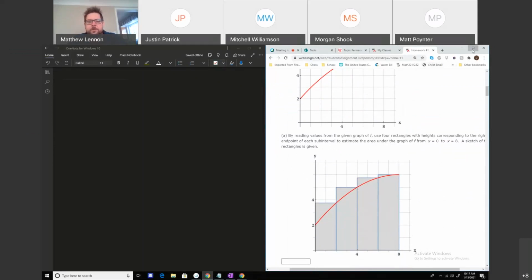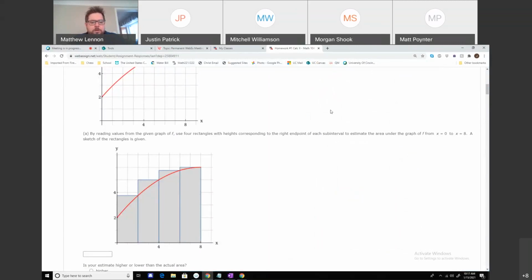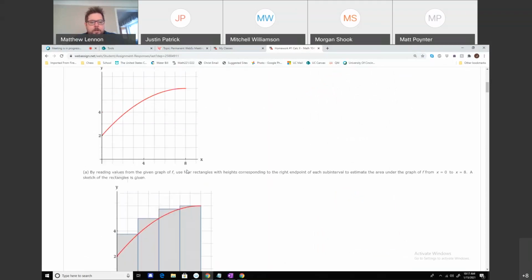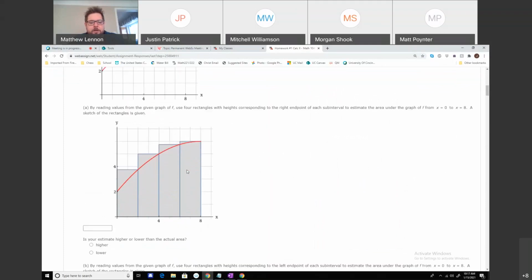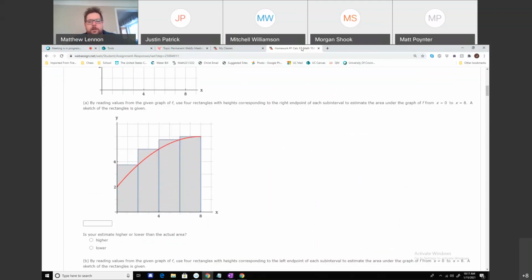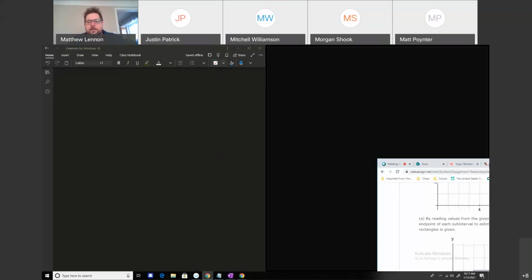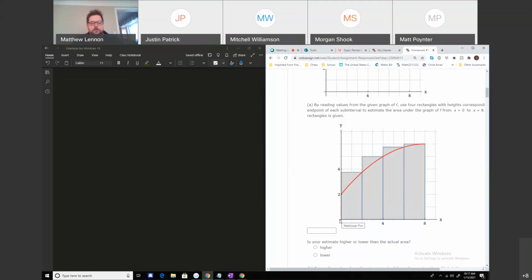So let's see, maybe I can make this full screen. We probably don't need OneNote yet. So they're doing a right-hand sum here because the top right rectangles are touching the graph. So I think they say consider the graph, reading the values, estimate the area. Well, if we're estimating the area, basically we're just adding together the areas of the four things. So for number one,